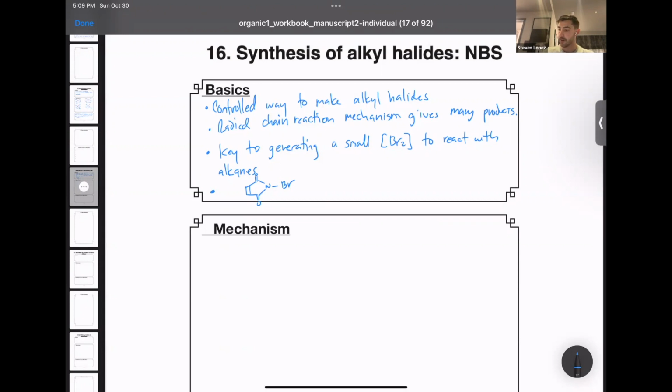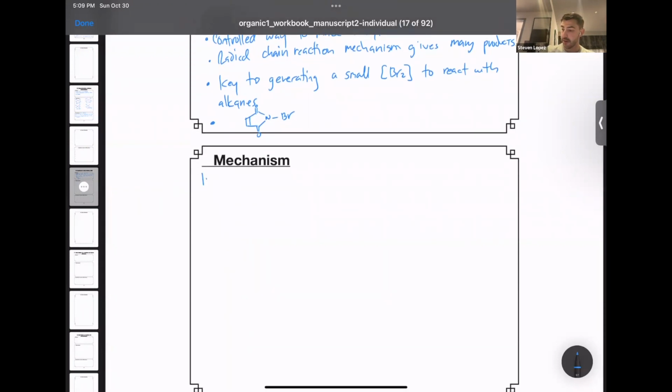So here's how the reaction works. The initiation step involves starting with NBS and irradiating this with light. And when you irradiate this with light, the nitrogen-bromine bond breaks in a homolytic way. This is the most reactive bond on the molecule. So you use the fishhook arrows and you arrive at this radical, plus the bromine radical, okay?